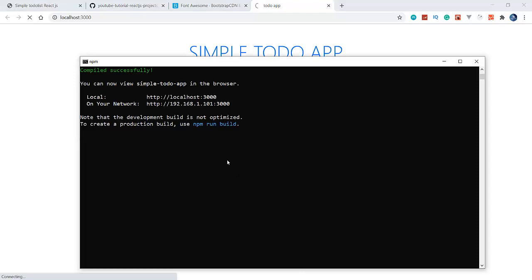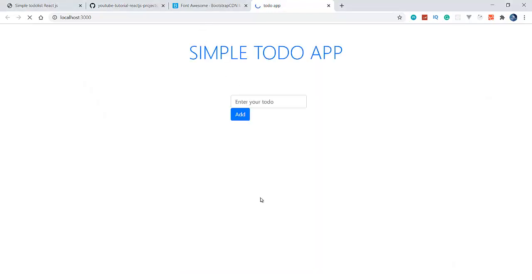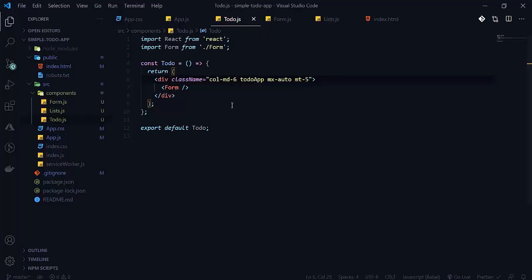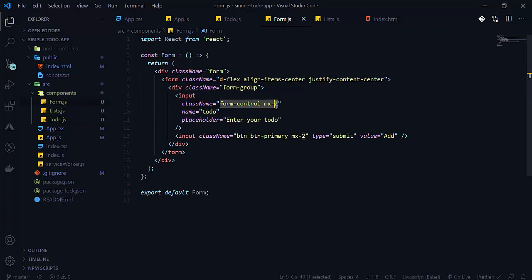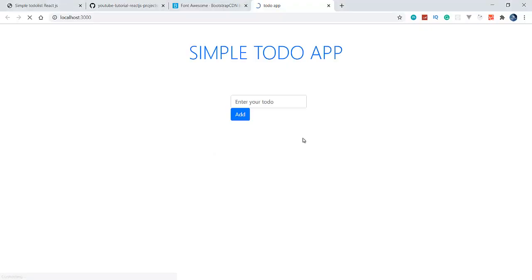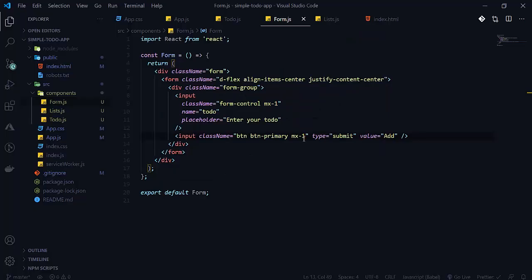It is refreshing. Col md6 is also not working well. So let's go to form, and mx will be 1 here and mx will be 1 here. Let's see now.